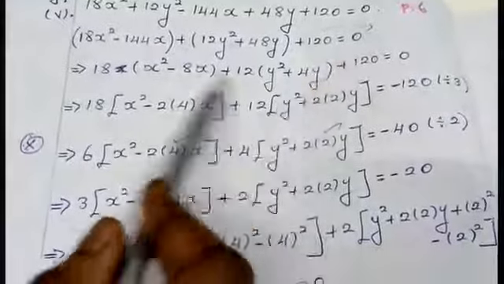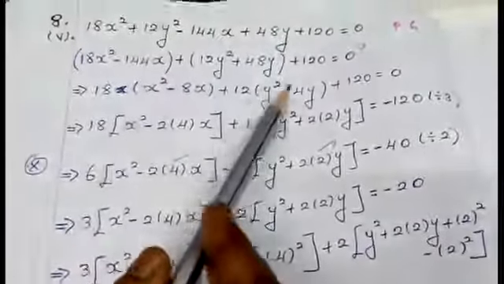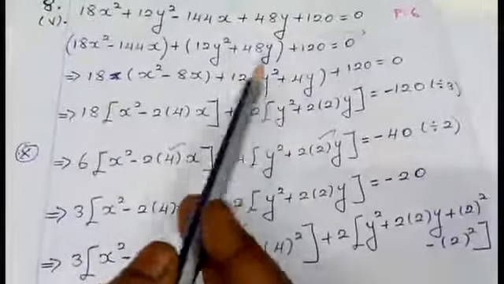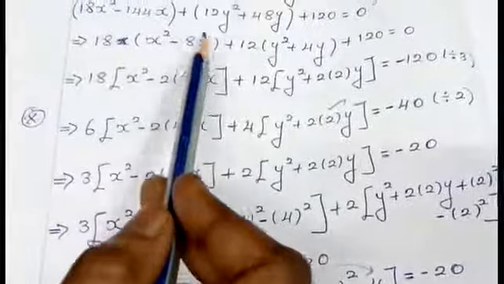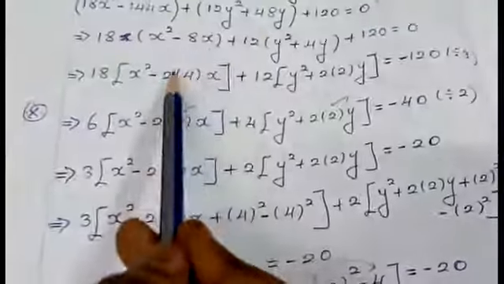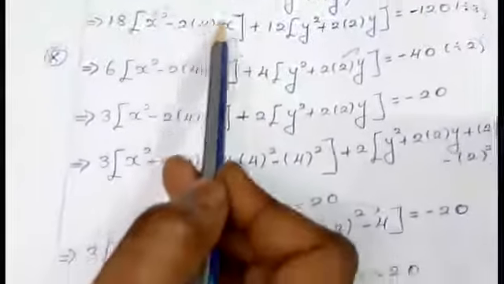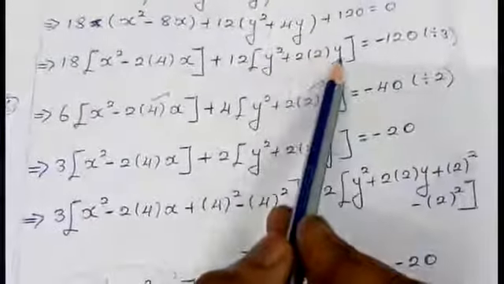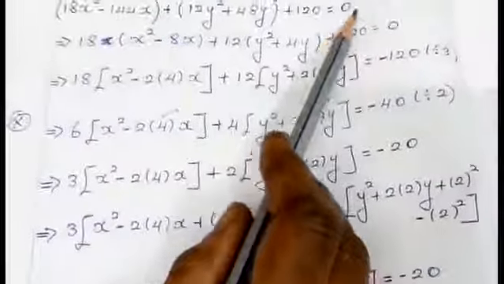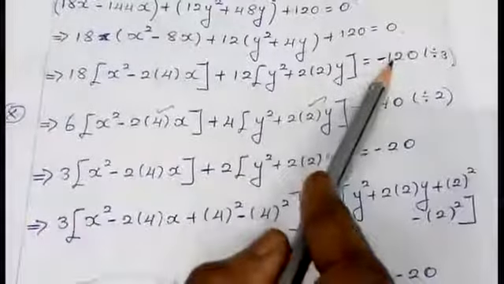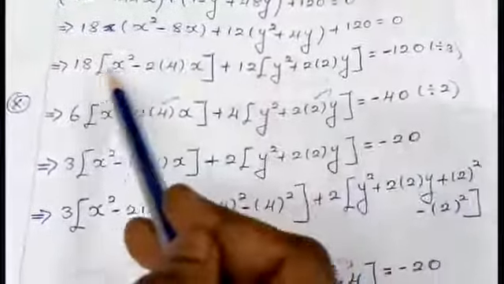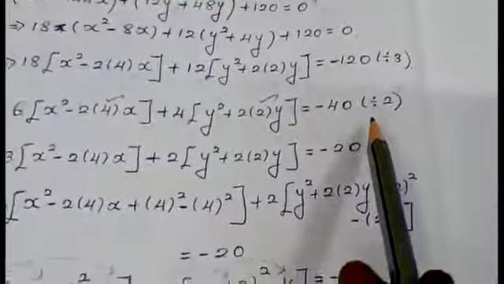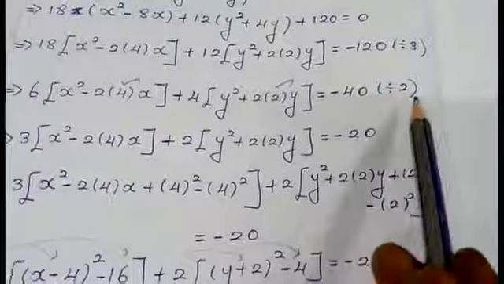If you observe here, in this case I can take x common outside, y also, but I am not taking. Just see to those conditions. In x square minus 8x, instead of 8x I am writing it in this form, that is 2 into 4 into x. 4y I am writing as 2 into y. The constant, left to right I am just shifting the value. I am getting the answer as minus 120. Then I am dividing the numbers to make my simplification easy. It is up to you to do the calculation.